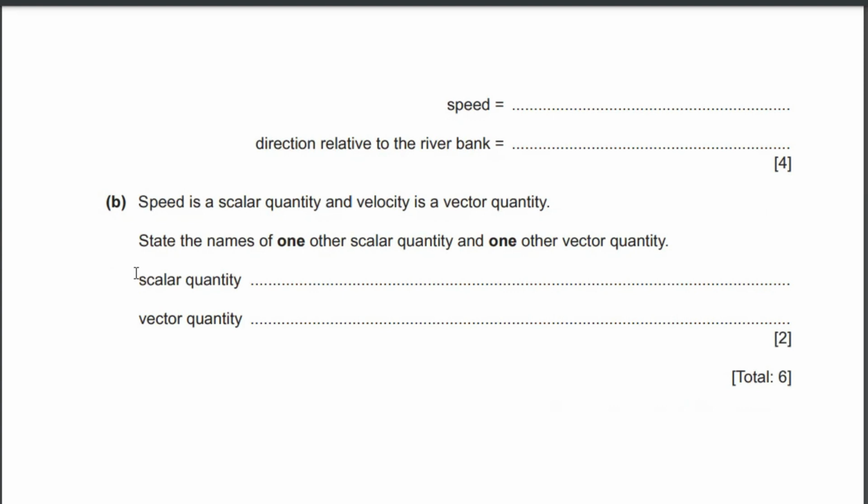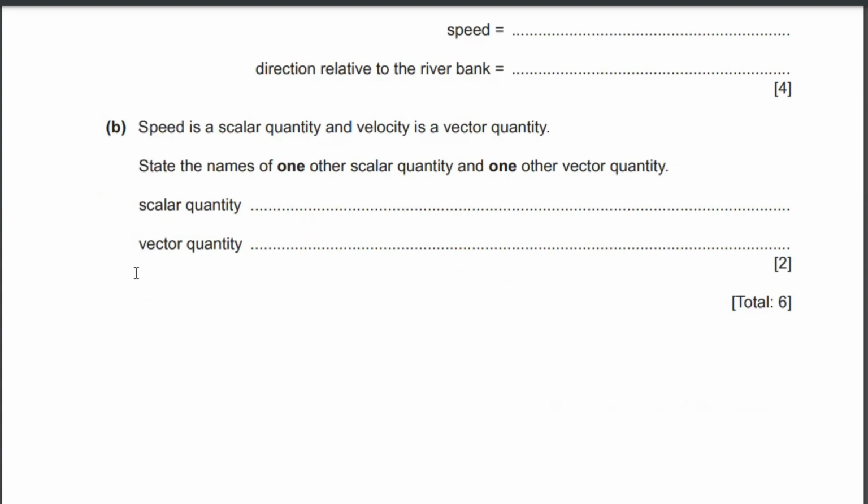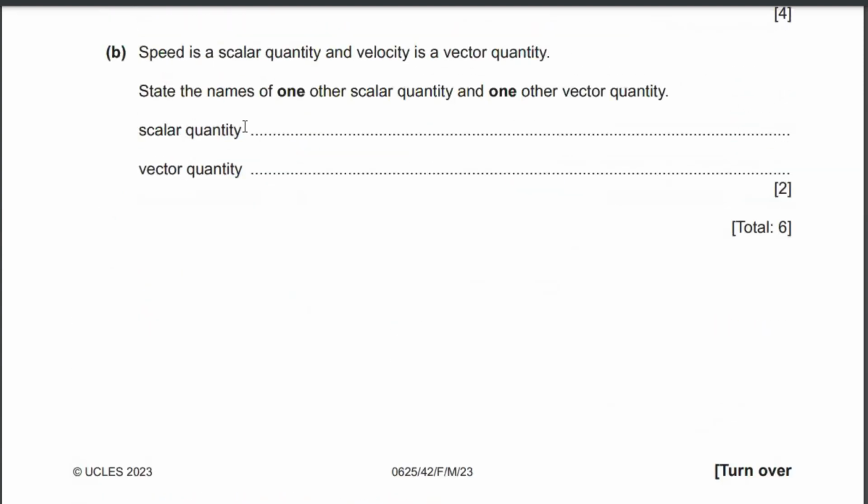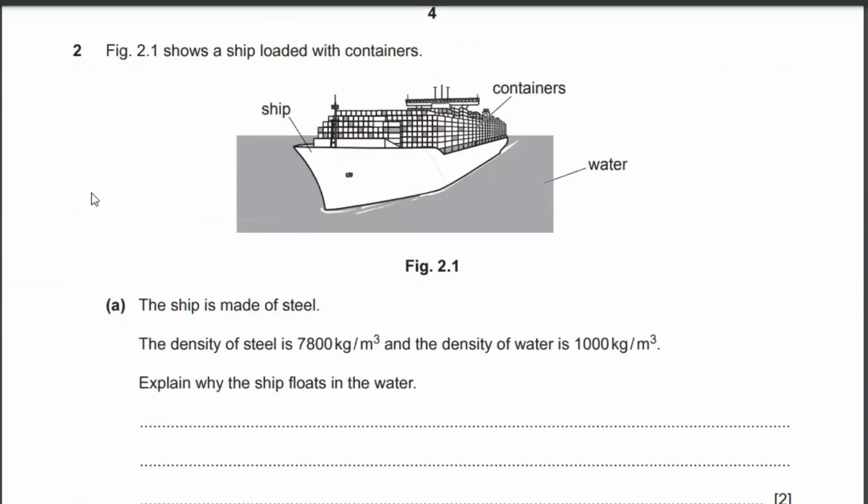So if you multiply any scalar by a vector, you again get a vector as a result. An example for scalar would be, let's say, distance, and for vector it could be weight or acceleration. Now moving to the second question. The second question is saying that